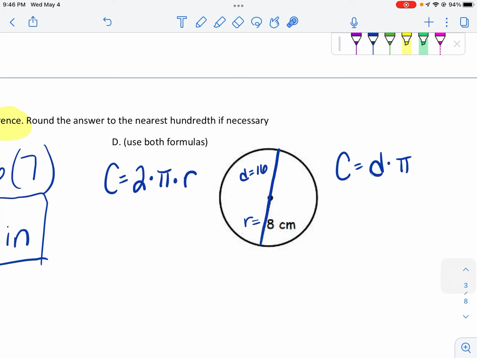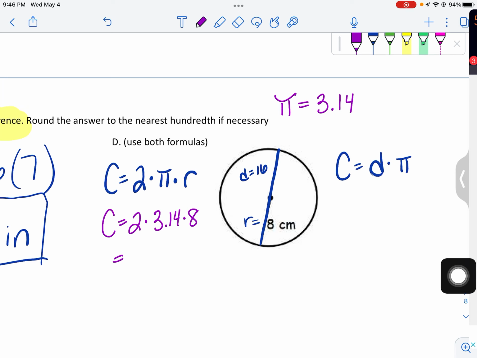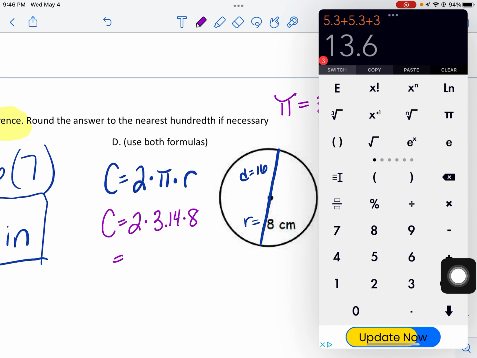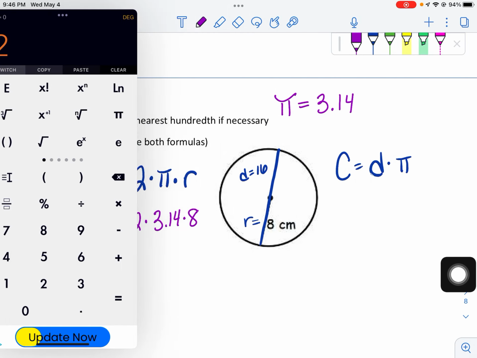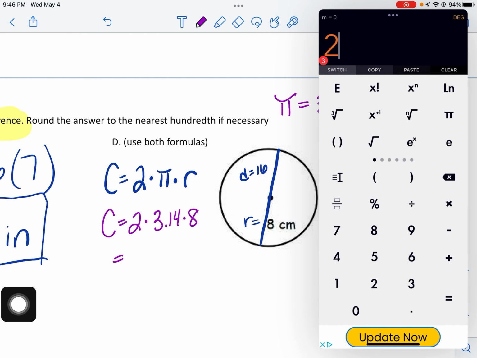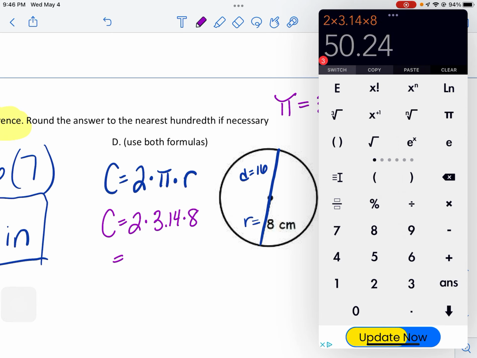So we're going to do it in both and show that they are equal. Remember, for pi, we're going to use the decimal 3.14. And so we've got circumference equals 2 times 3.14 times my radius of 8. If I did 2 times 8, I'd get 16, and then 16 times 3.14, or just typing it in as I see it, 2 times 3.14 times 8 gives me a circumference of